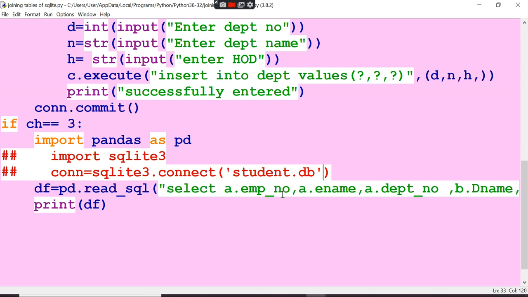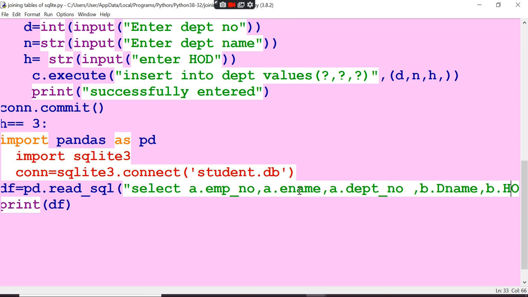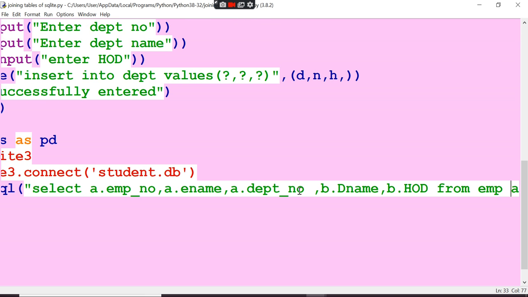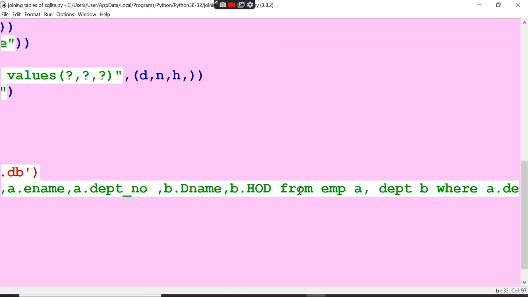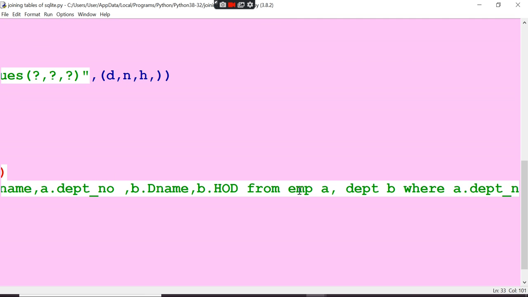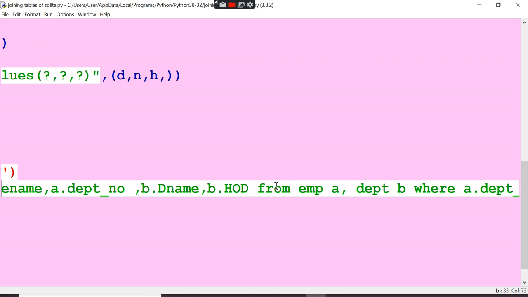You can see this query here. You can give join also, left join, right join. So here from employee A department, and then where A dot, right, before that you have to give left join, right join. Those queries also can be done in this SQLite. You have to do everything and see, okay?